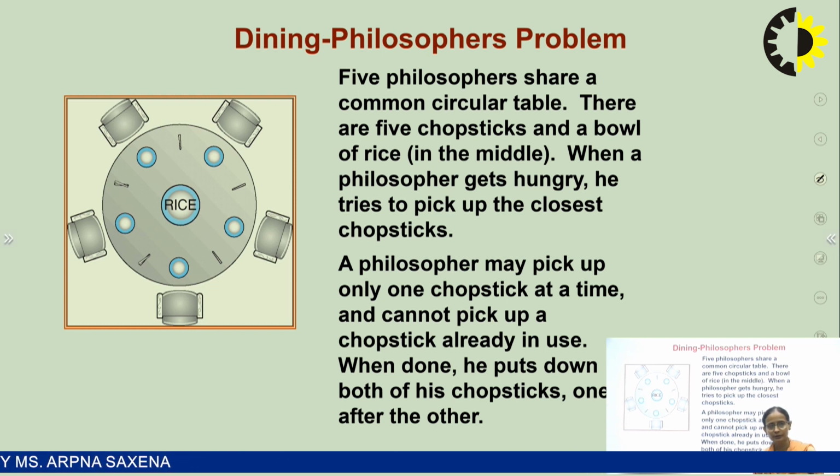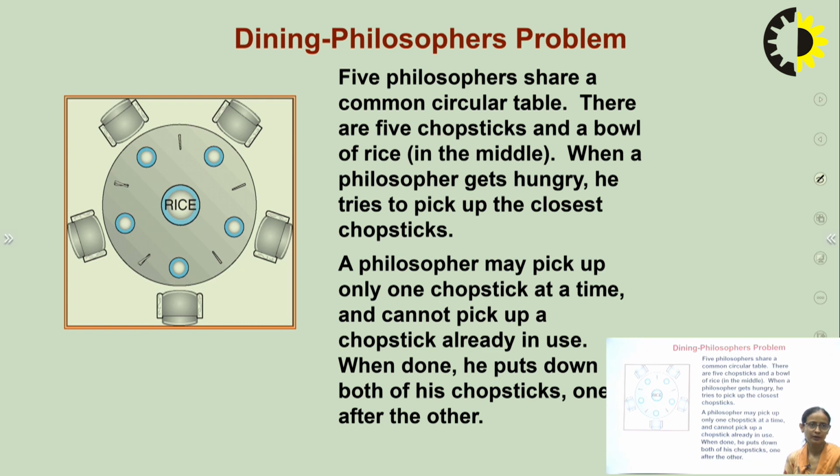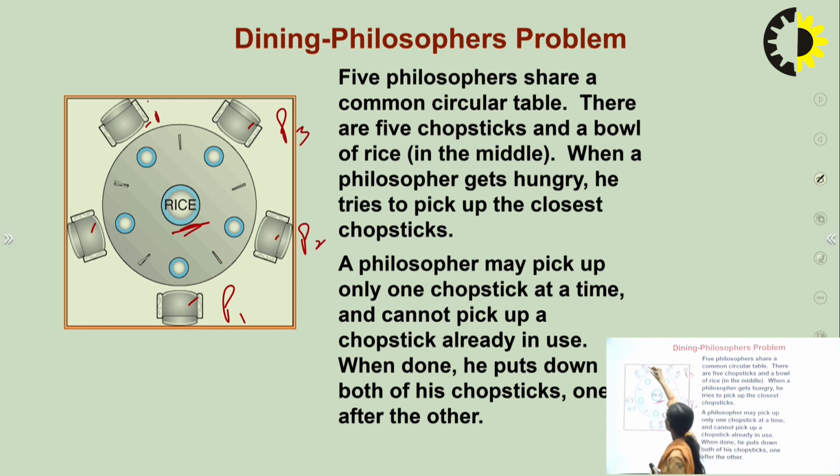Another important classical problem is the Dining Philosophers problem. In this case, we have a shared data set. This is the shared data set that is depicted with the help of a bowl of rice. We have 5 philosophers who are sitting on these 5 chairs. So initially, I could assume these philosophers are my 5 processes, and this is my shared data set